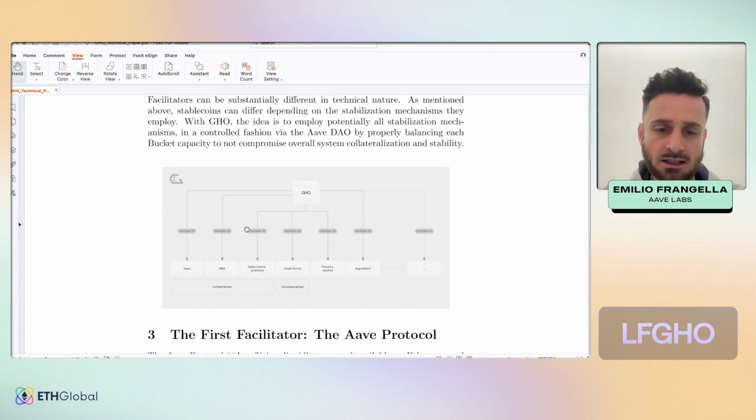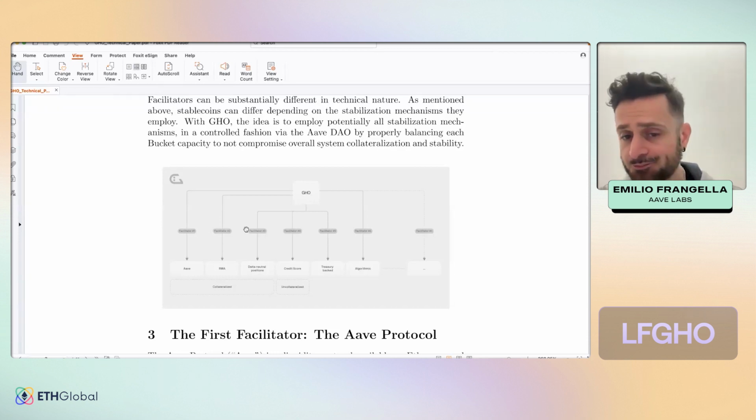It might be, as you can see here in the diagram, RWA based systems, where you have tokenized RWA backing the stablecoin as collateral. You can have protocols that generate a stablecoin using delta neutral positions as collateral. You can have part of the stablecoins backed by different centralized entities. So other centralized entities could generate part of the Go to, for example, help sustain the peg against the real world assets and so on and so forth.